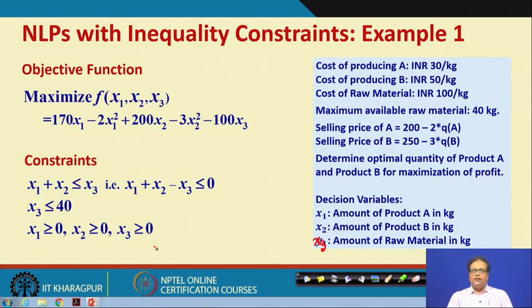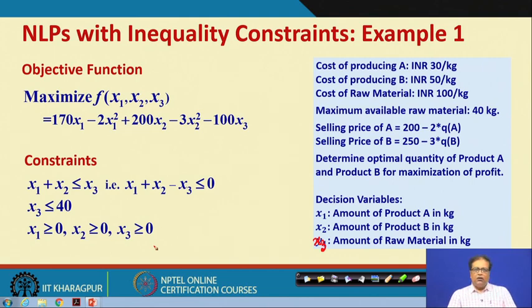In our last class we found the Hessian matrix of this objective function, and we found all the eigenvalues are either negative or 0. That means it is negative semi-definite, and we can therefore conclude that the function is concave, and we can actually find the optimal point for maximization. That much we have already seen.